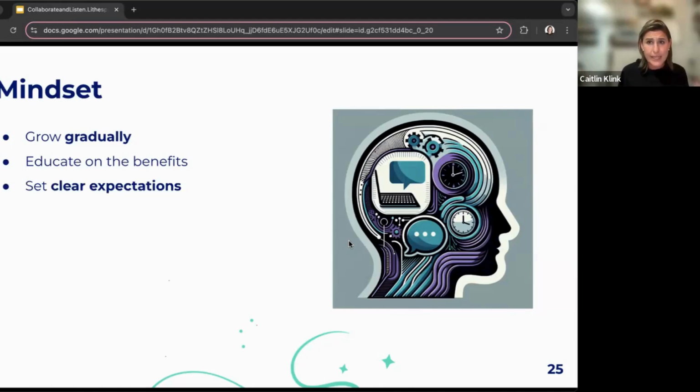Set really clear expectations. That goes back to that empathy piece, right? If you're asking people to be super transparent about where they are and what they're doing, you cannot then weaponize that information against them. So you have to set really clear expectations about the fact that we are giving people the time and space to be their best selves at work. And so that may mean that they're not always 100% available for synchronous communication, and that's okay. It's okay if they're working at Starbucks in the morning. It's okay that they went for a walk to think through that test case, things like that.